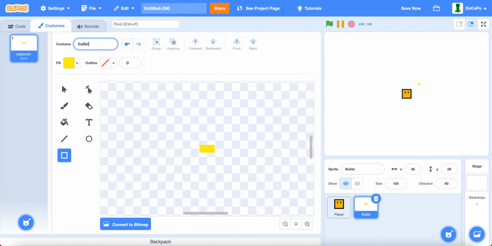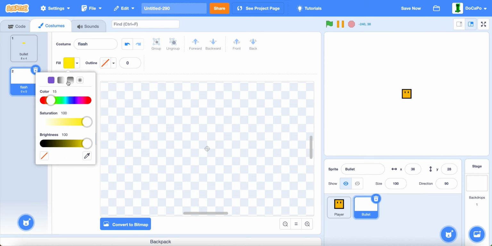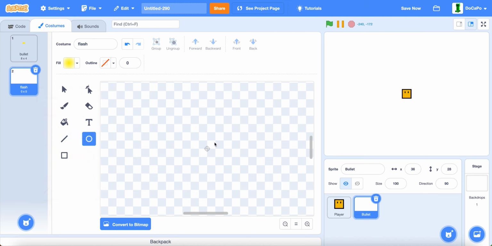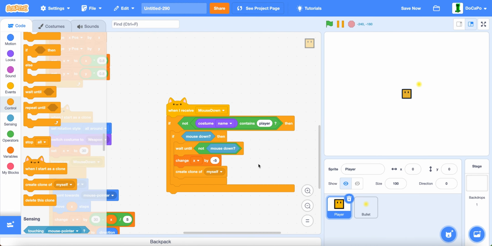Name this bullet, duplicate it, name this flash, delete the bullet, use the circle tool, then select this gradient, make this nothing, and then keep the yellow, and drag out something like this. Now, go back in player, create a clone of bullet,